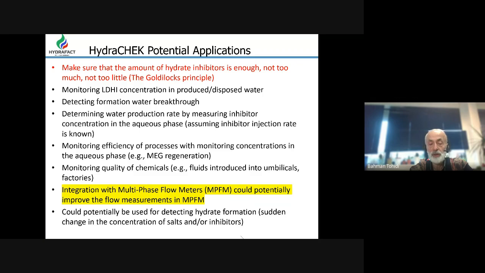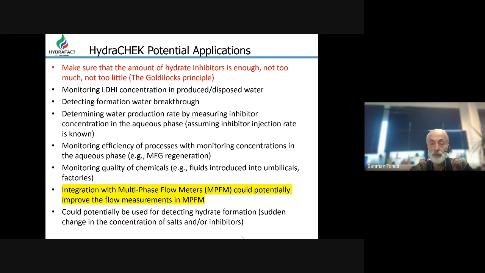Also, another possibility is to detect changes in the amount of salt content or inhibitor content, which can be an indication of hydrate formation. We know one of our clients uses this technique to make sure the amount of hydrate does not go above 10%, because for their system, up to 20% hydrate will not block the pipeline, and they put a limit of 10% hydrate formation. So for any of these applications, and maybe more that I can think of,